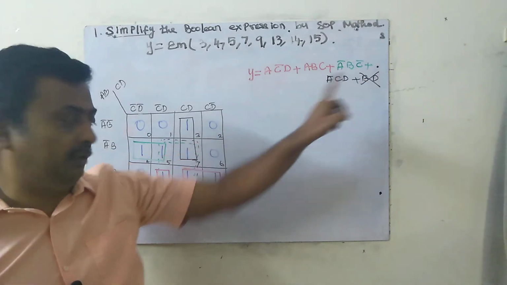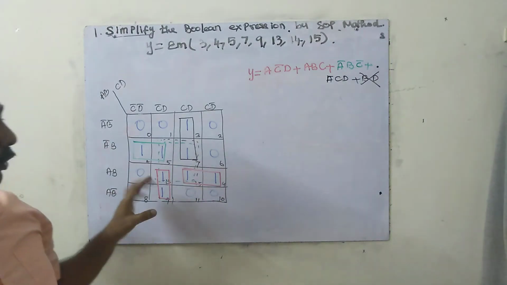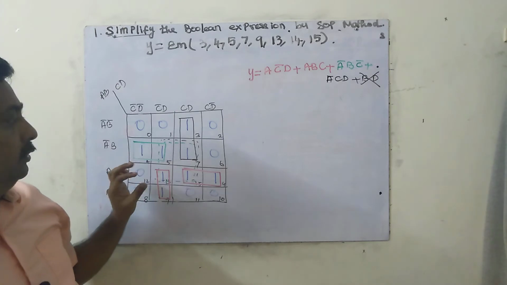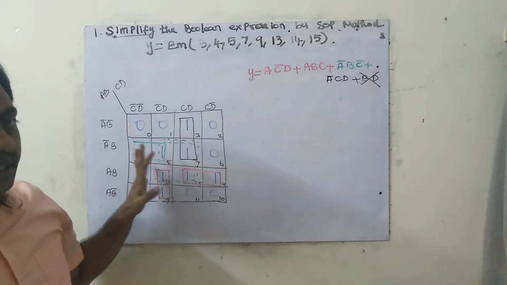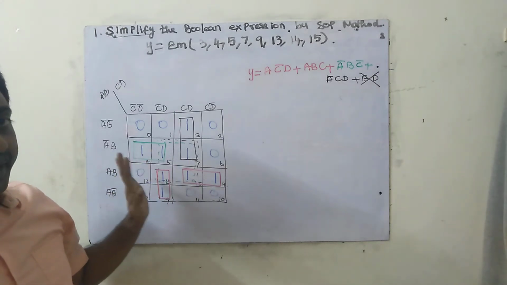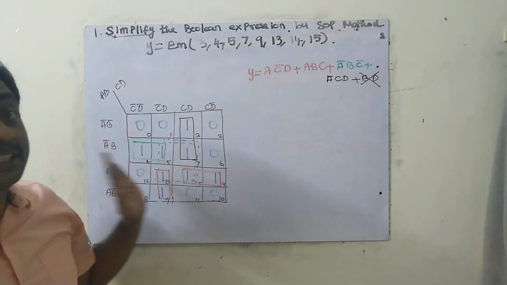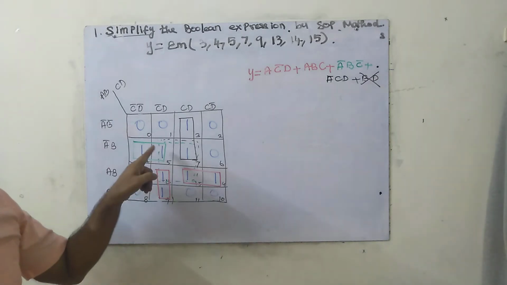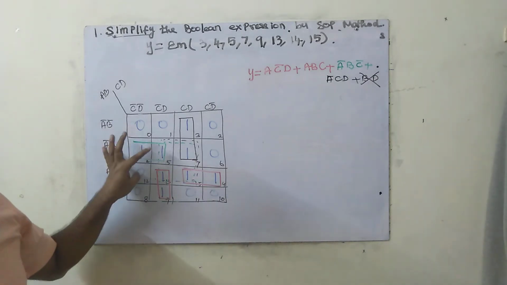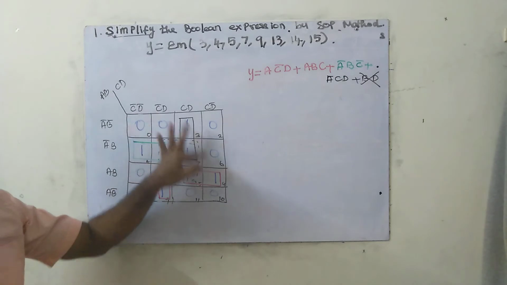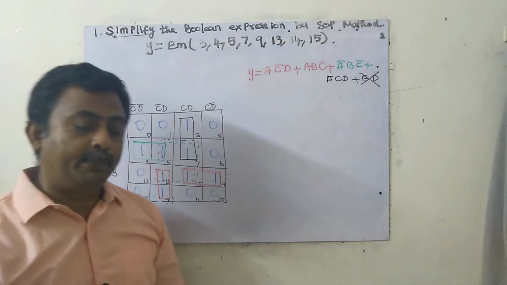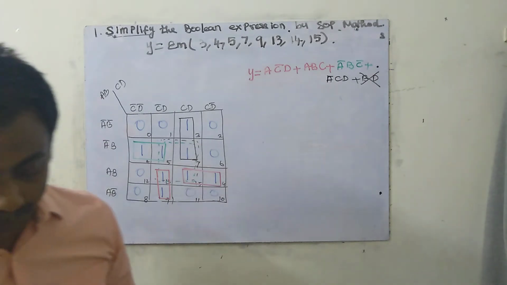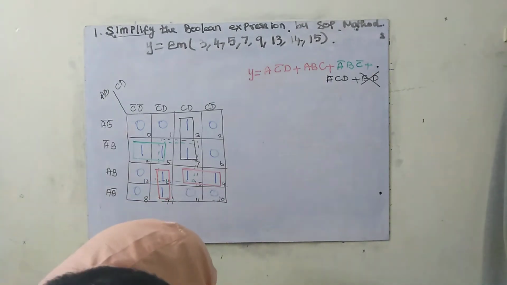Okay, so suppose if you box like this, then you have to check the boxes properly, because it's an 8 mark question. 8 mark means at least a minimum 6 mark question, so you have to take time. Because human intelligence is very much needed in this type of K-map. So you see, all the ones are already boxed. Why should we go for the 4 box? Finally we have to remove the 4 box. Okay, next problem we will go for, the 5 variable.